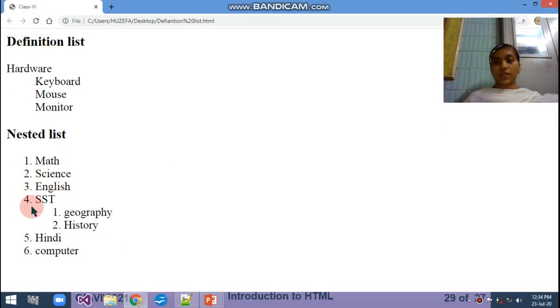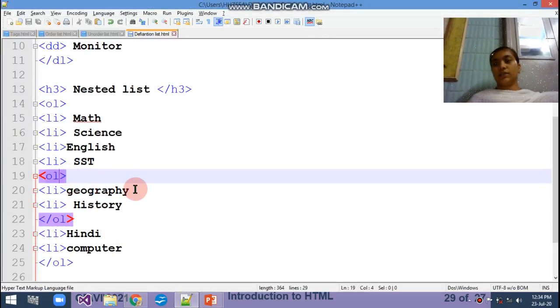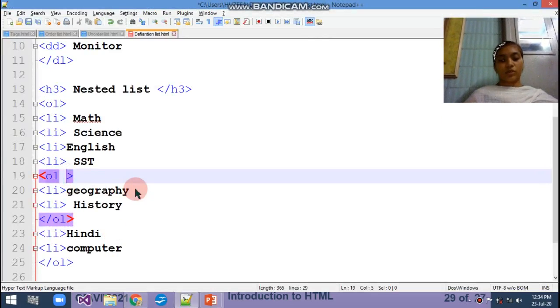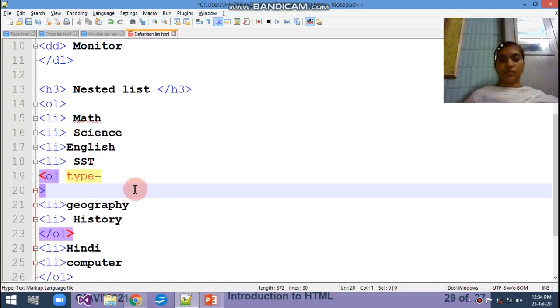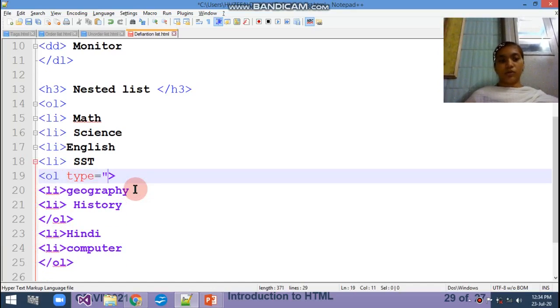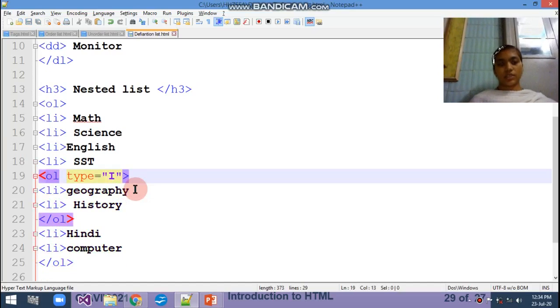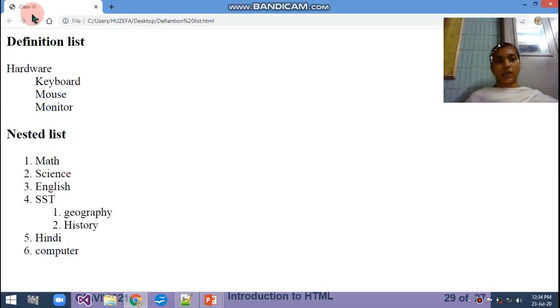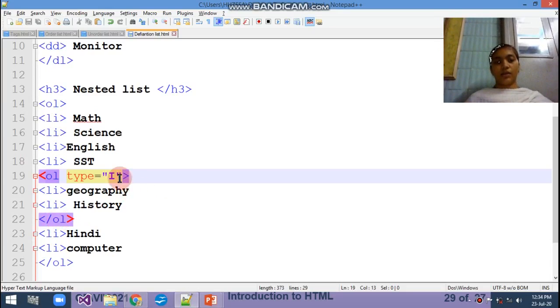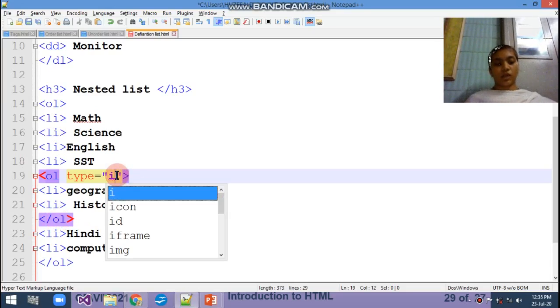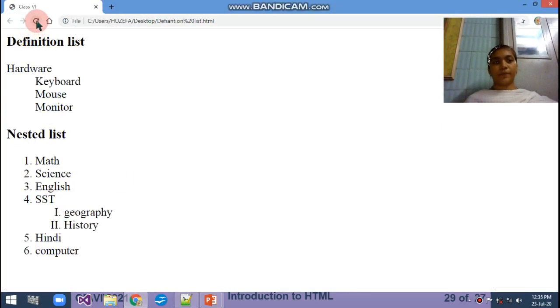For the SST there are numbers 1 and 2, but I want them in Roman, so you can write down type equals to double quote, small i, and refresh. So you can see it comes in Roman numbers, small i. If you want to write capital I, that will also be okay.